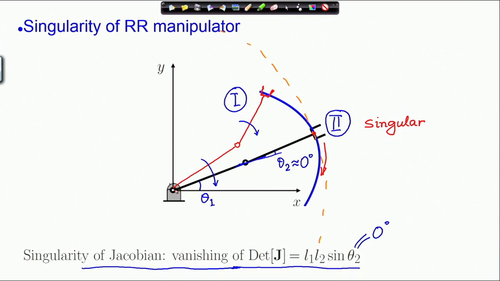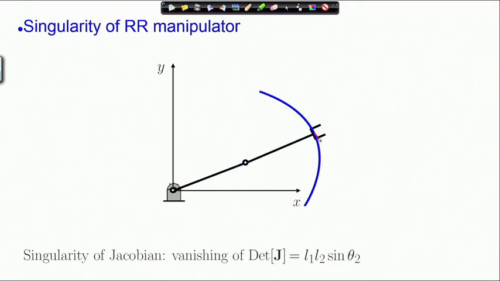which means that one actuator can be held fixed, the other actuator can be moved in order to produce a velocity which is tangent, because at this boundary point we need to generate a velocity vector of the end effector which is tangent to the path, and since this is also on the boundary, so it will be tangent to the boundary. Now, once you cross, then you can come again